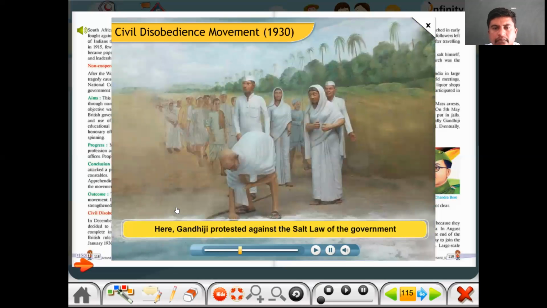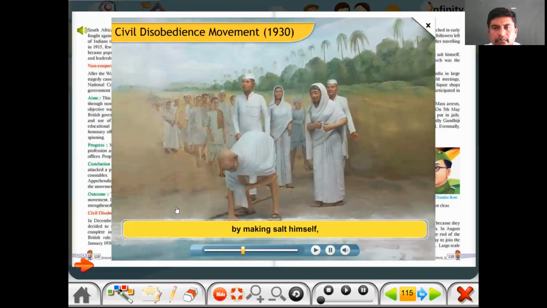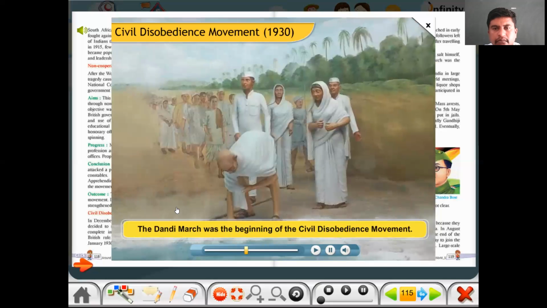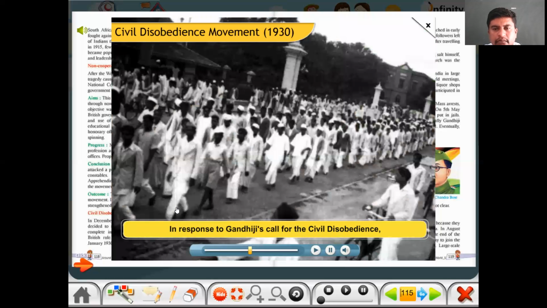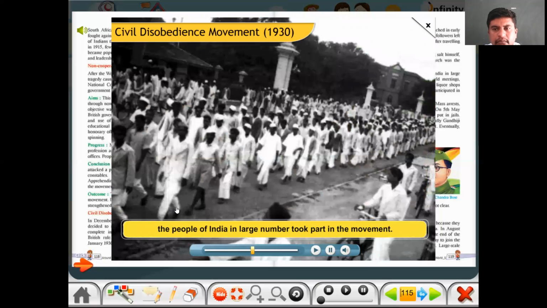Here Gandhiji protested against the salt law of the government by making salt himself, thus throwing up a challenge to the British government. The Dandi March was the beginning of the civil disobedience movement. In response to Gandhiji's call for the civil disobedience,